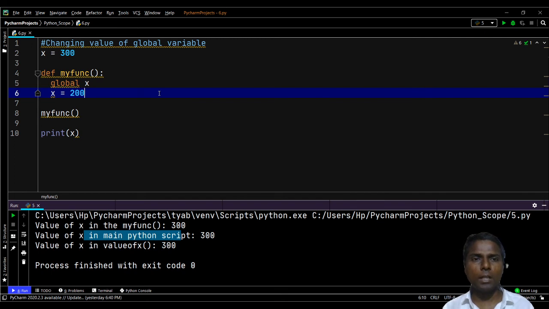the value of the global variable. That we'll see. Yes, we can change the value of the global variable. So with one small example we'll understand it. x is equal to 300. So initially the main Python script will understand the value of x is 300, and in the definition of the myfunc function